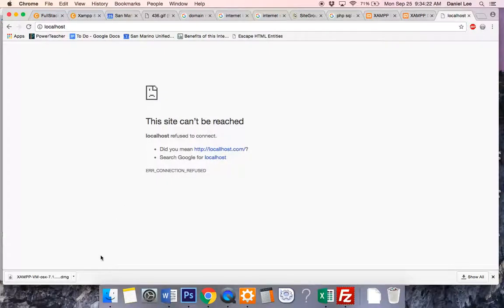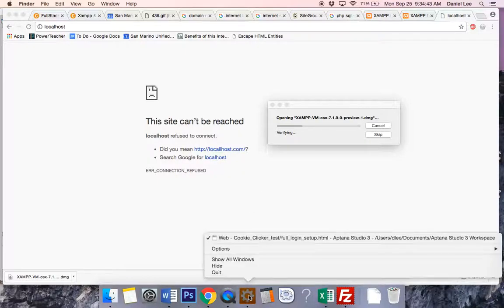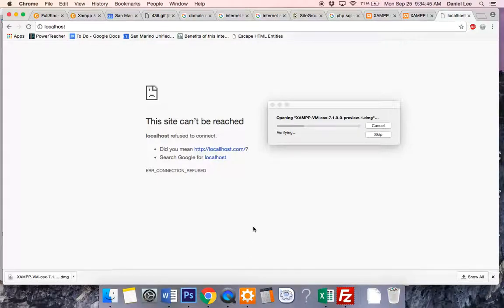Okay, so anyways, we're going to go ahead and install that. I went and downloaded it here. I'm going to open it up and install, and that might take a little while. But all that XAMPP does is create a folder on your desktop, and you're going to create projects in XAMPP in that folder, and if they're in that folder, then all of a sudden they are simulating